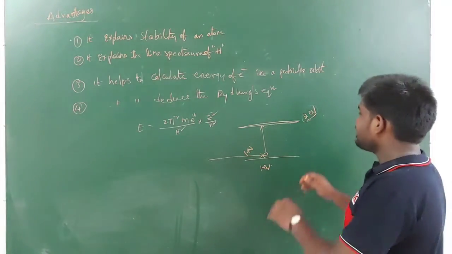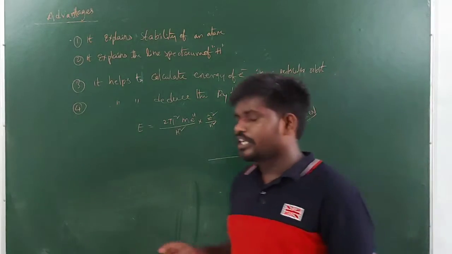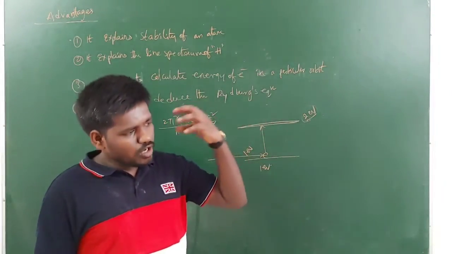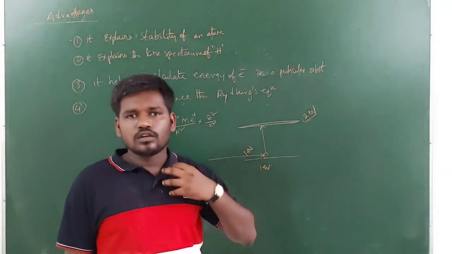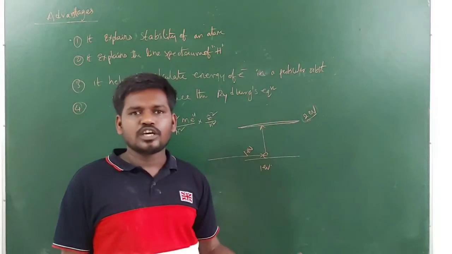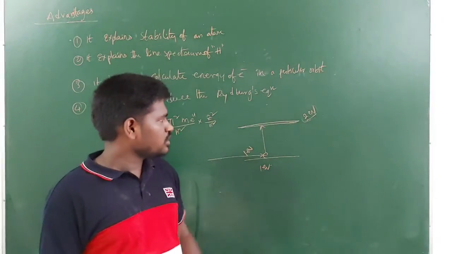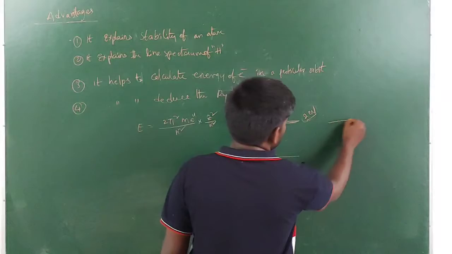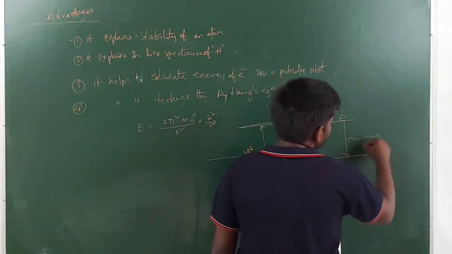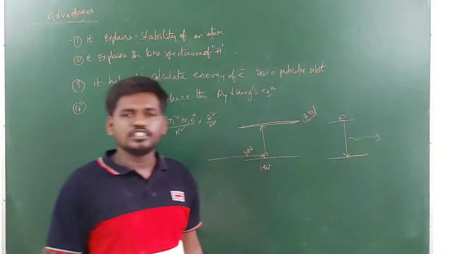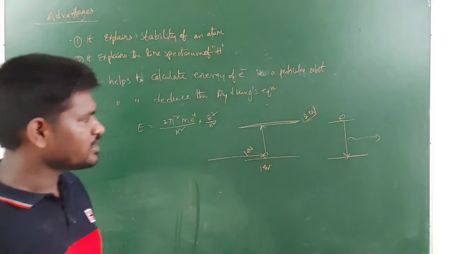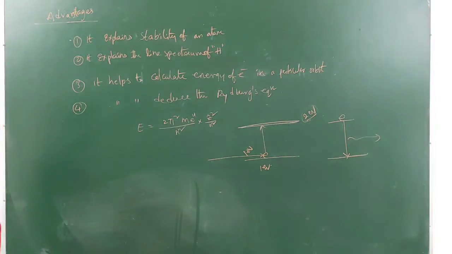Now, the electron is unable to retain the absorbed energy for a long time. Again, it wants to lose that energy. By losing that absorbed energy, it comes down, de-excites to the original state. Again, this electron present in the excited state comes down by emitting the energy. Due to the emission of energy, we will get spectral lines. Okay, that is the reason for the formation of spectral lines.